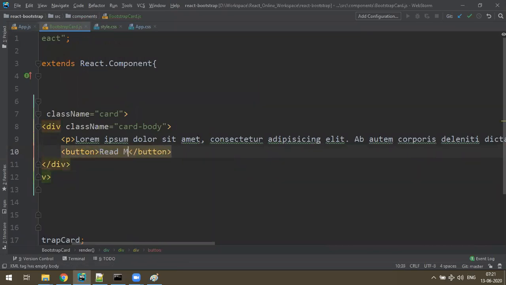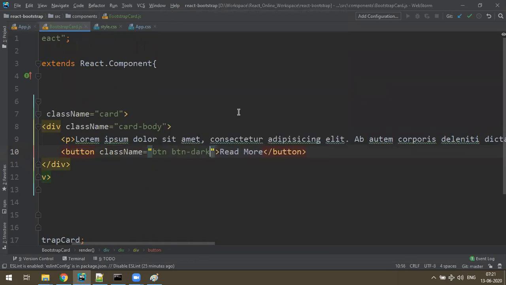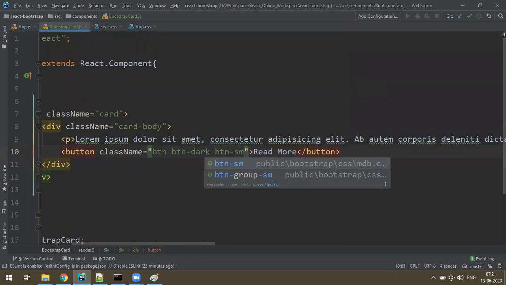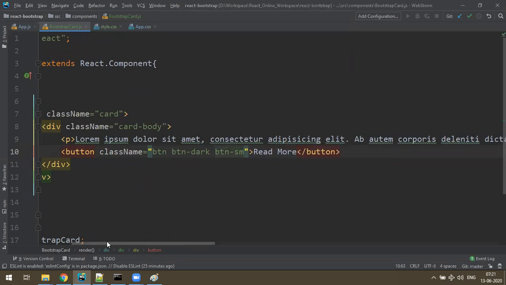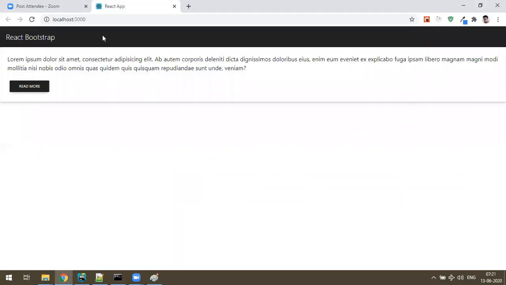Let's say read more, and here I'll give the class called btn-dark and btn-sm, a small button. Okay, so I have made a bootstrap card now. So let's check. You got a nice bootstrap card.